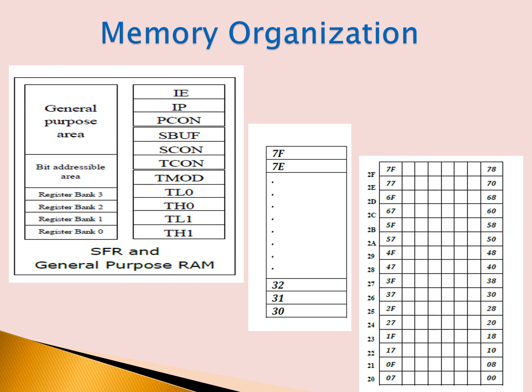The general purpose register is again divided into three areas: register banks, bit addressable area, and scratch pad area. The bank register consists of four banks, that is B0, B1, B2 and B3, and each contains 8 general purpose registers ranging from R0 to R7. And one more register which is used in the 8051 microcontroller is the program status word register. The program status word register is a bit and byte addressable register. This register reflects the status of the operation that is carried out in the controller.